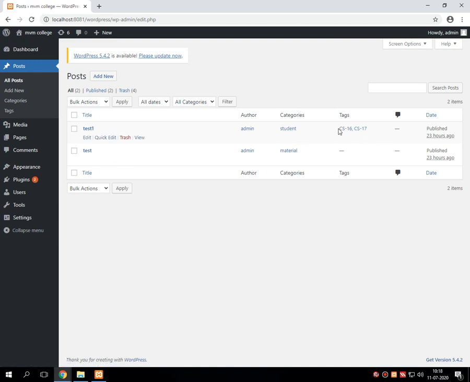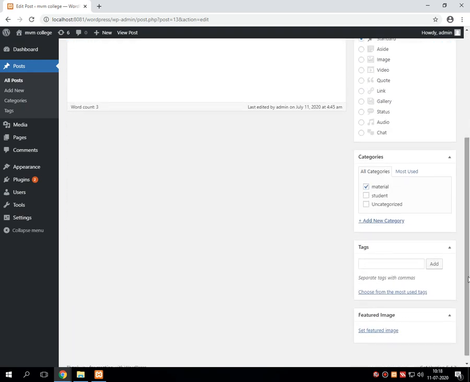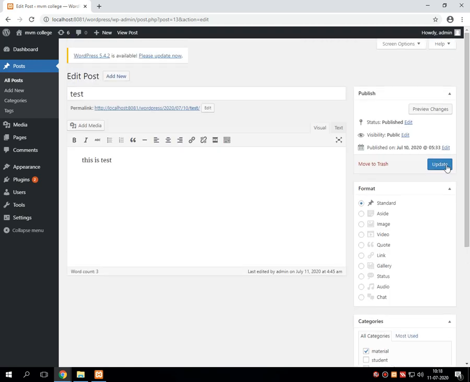Again I am repeating the same practical for another post called test. Just edit that particular post, scroll down, select the particular tag. Say for example I am selecting CS17 and press add, and then update.